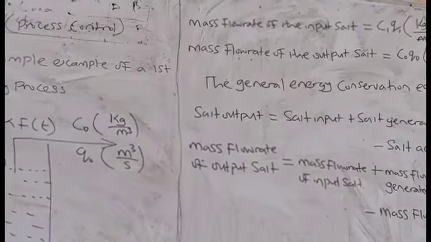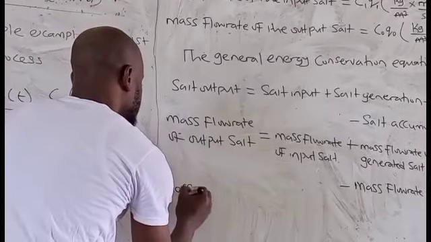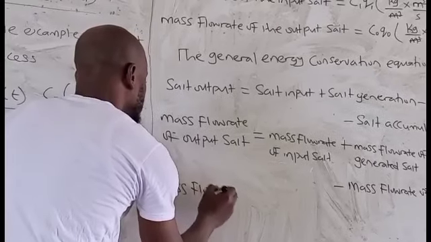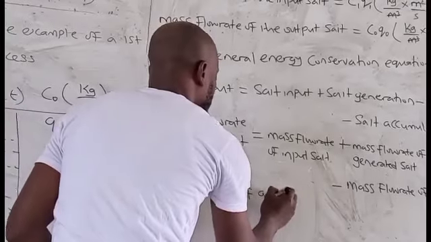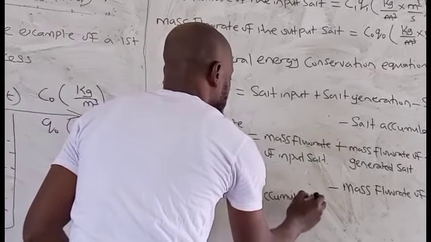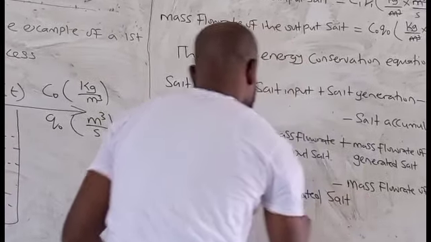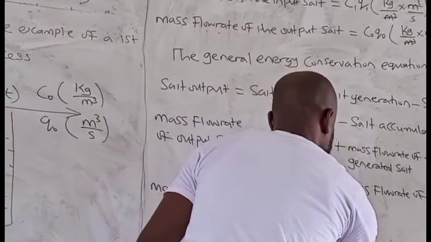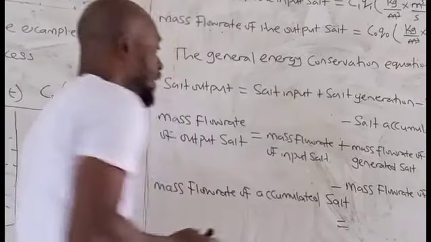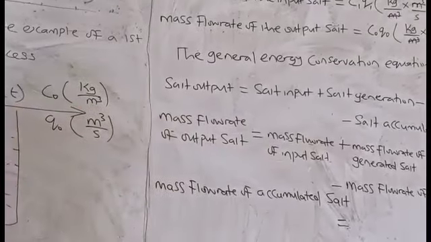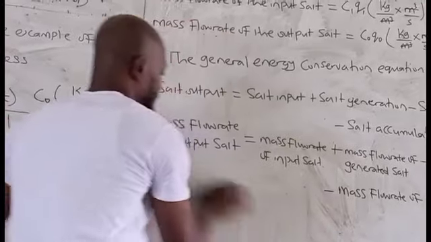So now it will be like this: the mass flow rate of the accumulated source will be equal to